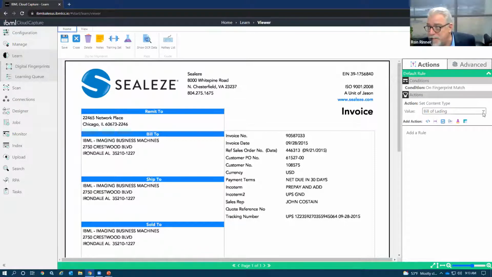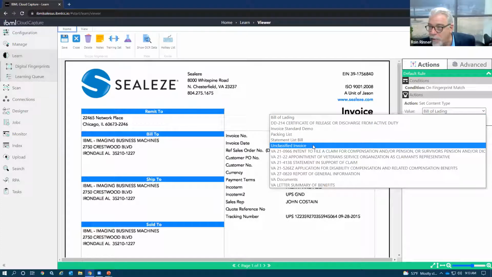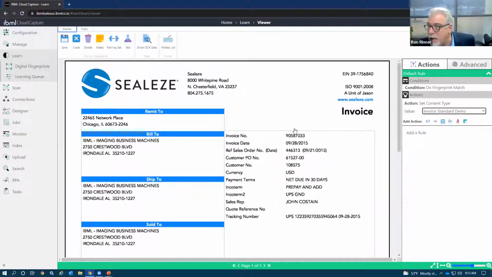Now, a couple great features that I think are really important in understanding this as well. First is that everything in this software solution is actually driven by the backend archive. In other words, unlike a lot of offerings in this space, where every time you build a template, you have to remember the complete list of things that you want to build, the beauty of ICC is that since I've already got this associated to a known content type already built in the database, when I start adding fields, the fields that are associated with invoice are going to pop up all ready to go.